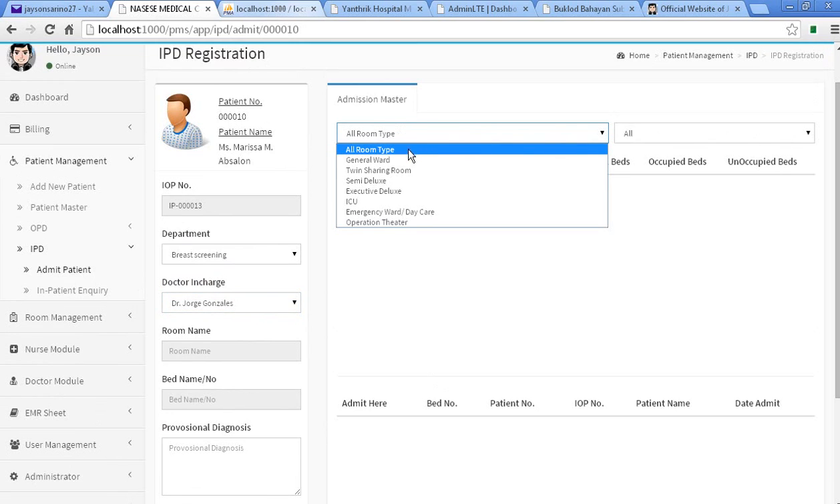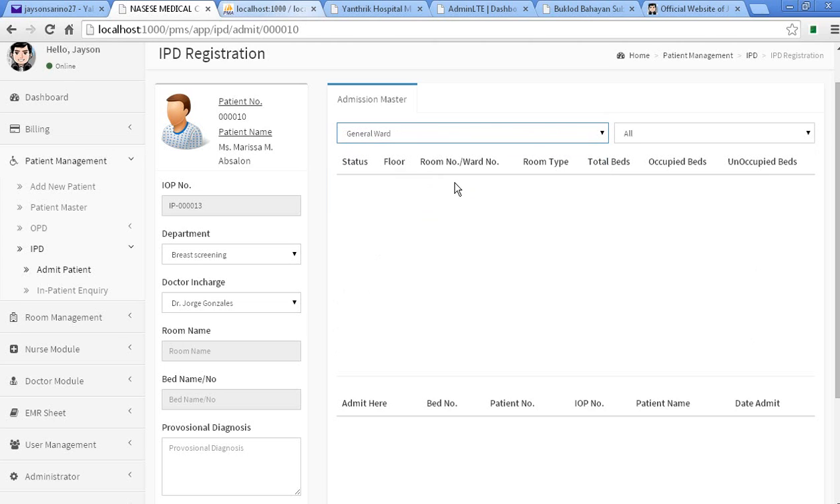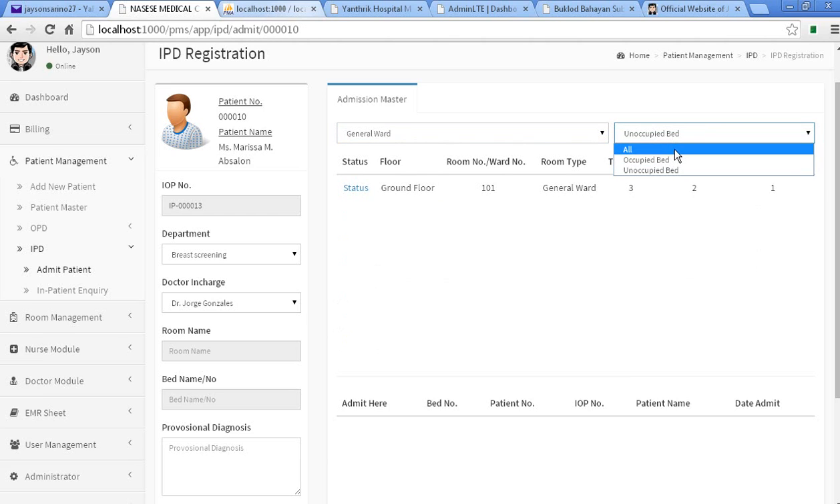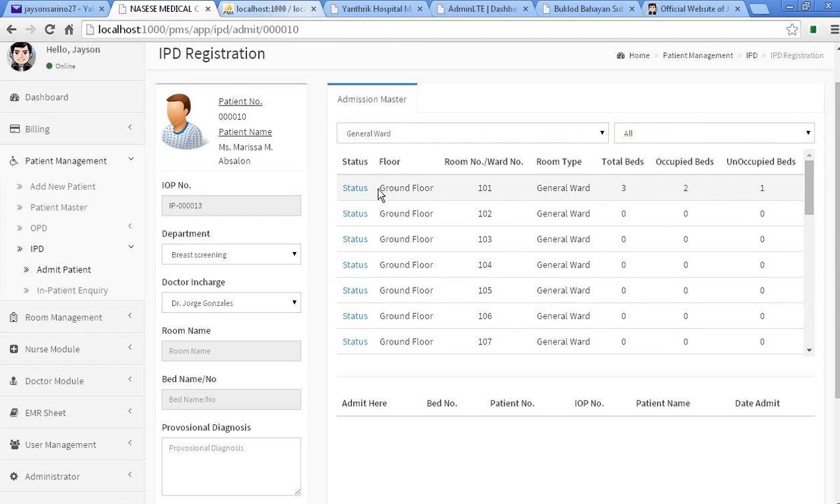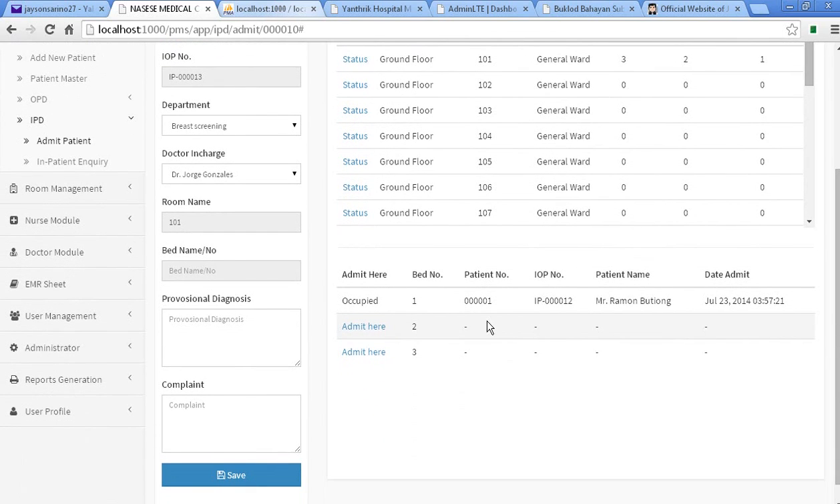admission master. Click general ward. Okay, you can see the status of the room based on room type. General ward, then status: occupied bed, unoccupied. We click all to see all the rooms available. Here is ground floor, room 101, type general ward, total number of beds 3, occupied beds 2, and unoccupied beds 1. Click status, and below you can see